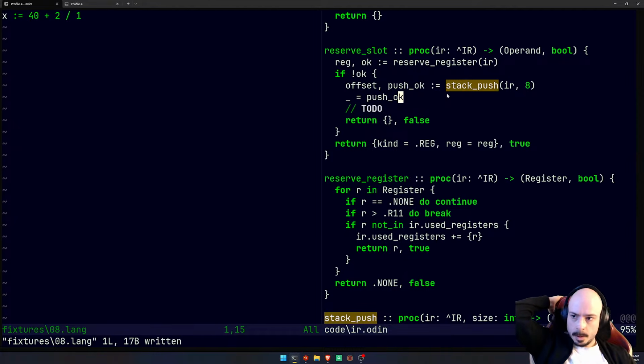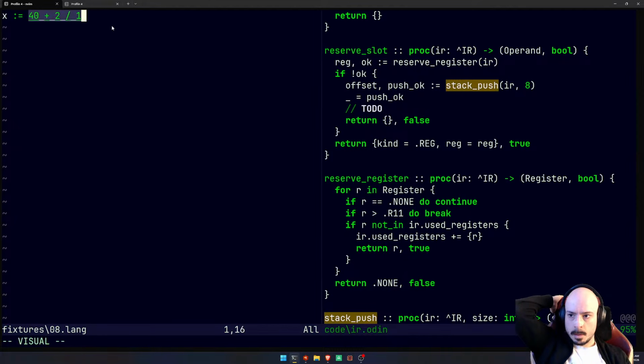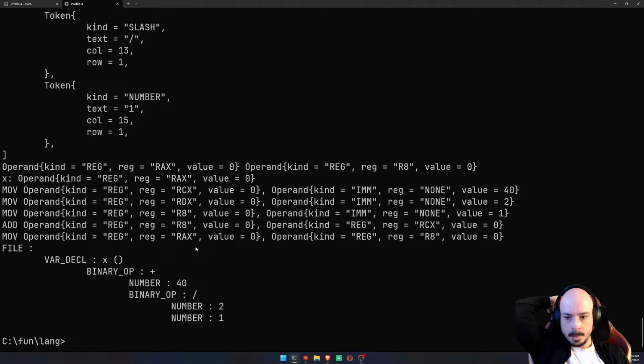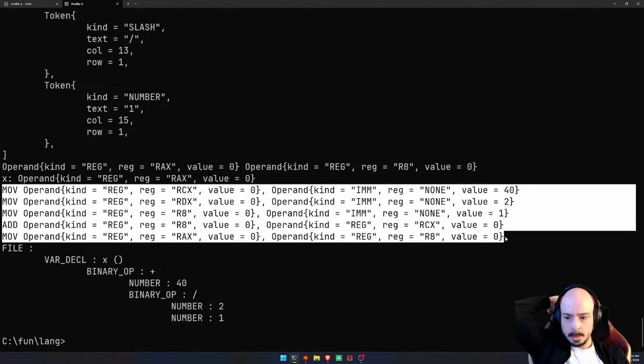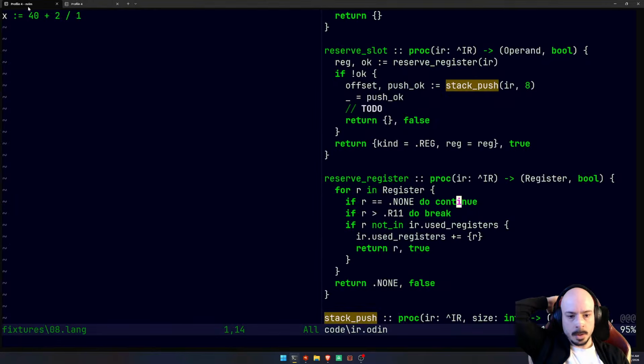So, on the last stream, we got this expression here, 40 plus 2 divided by 1 or something similar, and we turned it into an intermediate representation, which looks kind of like assembly, which we can then output to assembly, but we didn't actually output it to assembly and test it. So I want to do that at the beginning of this stream. And then we're going to move on to stack allocation because, you know, if we have too many of these